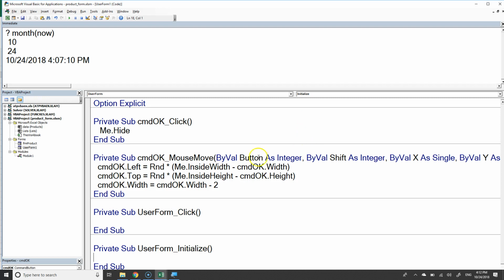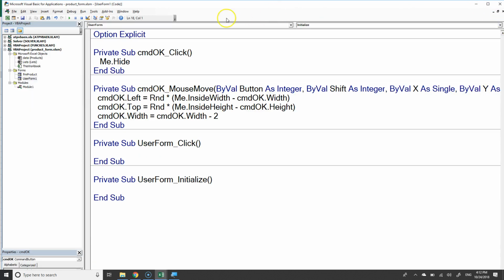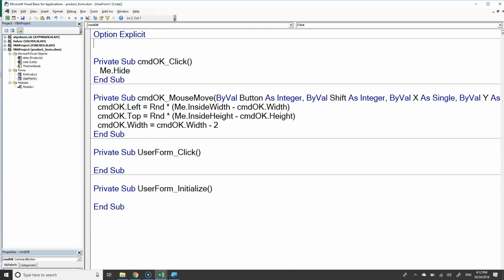So let's do this. I'm going to create for myself a module level variable that's just called the row. We're going to need to keep track of which row we're on. So let me just dim row as a long integer. And then here when we initialize, let's just set the row. Let's just say row equals,